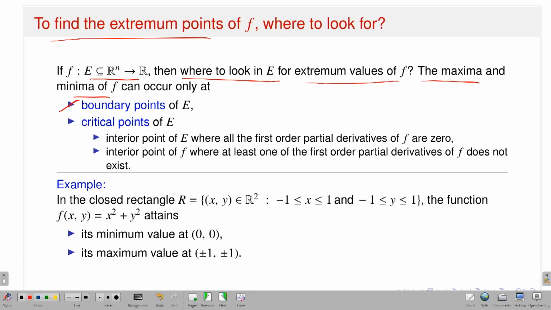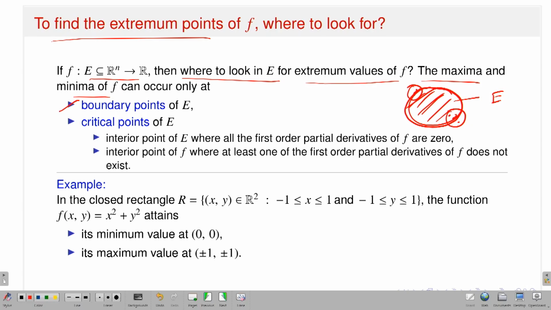Boundary points, if I just draw a picture, suppose this is your set E, okay, suppose this is my E, then boundary point means what? So you can see that this is your boundary point. So I should say this is the boundary. Whatever neighborhood I take of this point, there should exist one point in that neighborhood from the set, and there should exist another point in that neighborhood outside the set. So whatever point I take here, and whatever neighborhood, there is one point from the inside set and another point from the outside set. So this is called the boundary point. So if I have set E, suppose this is my set, then what is your boundary? Boundary is this one,